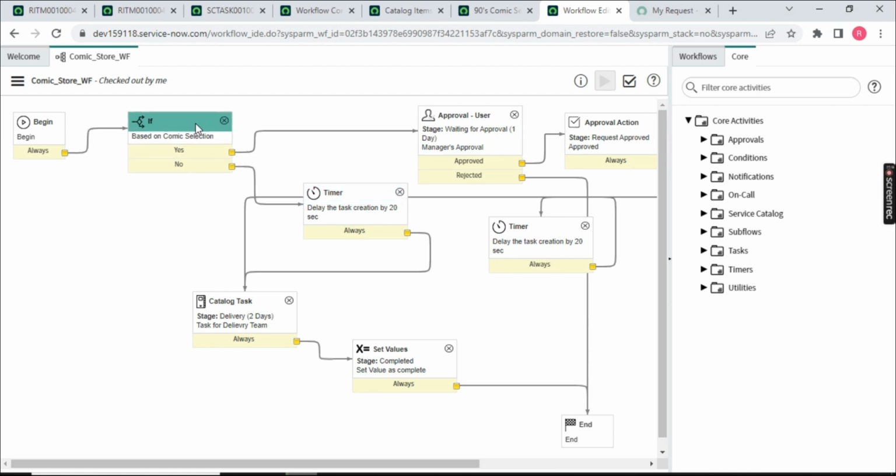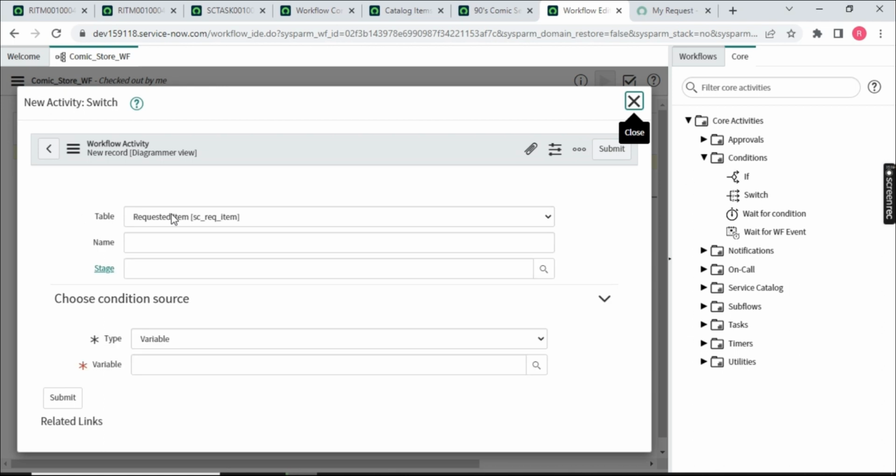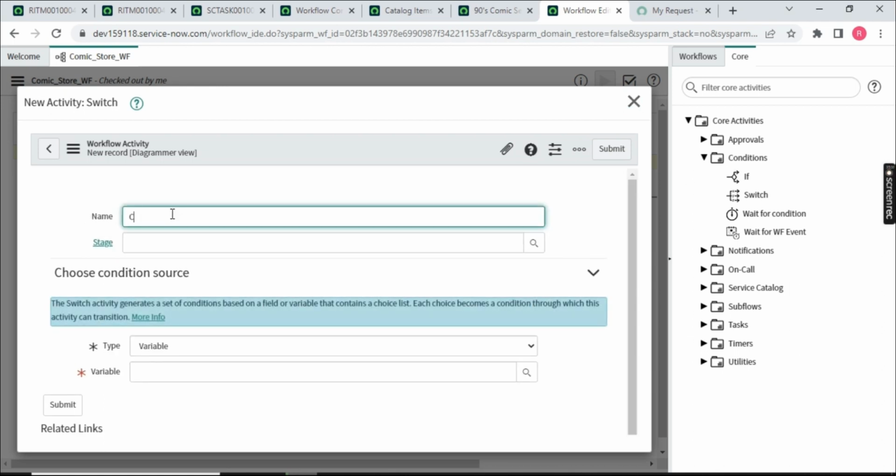If condition we have already seen. We have one more option called switch condition, which is the most used condition in ServiceNow. If you bring the switch to the left, you just have to do one thing. Choose your